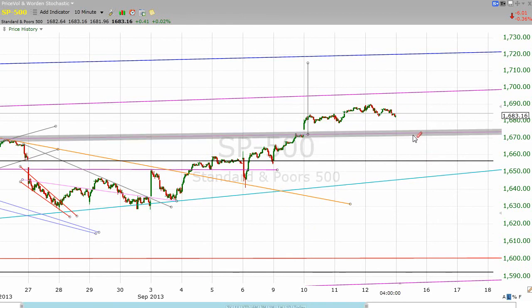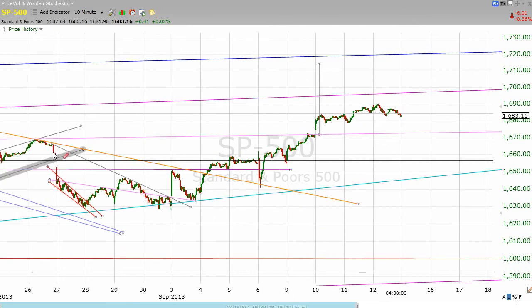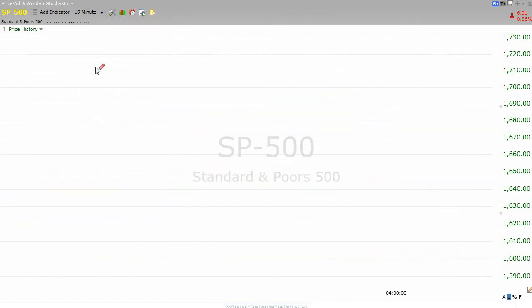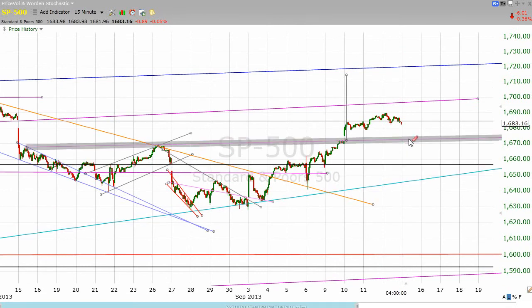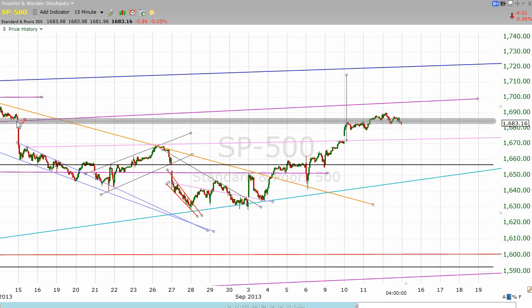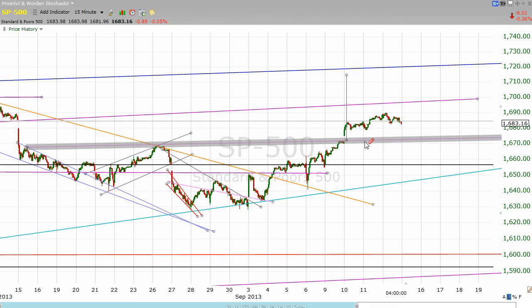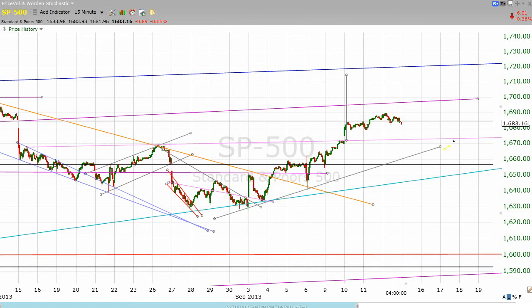And by the way, this is our neckline to our, I'm not going to call it a head and shoulders, I'm going to call it a head and shoulder pattern. And we should also get some support here because of gap support. Thinking of the same psychology in reverse, why this might be gap resistance, this could very well be gap support. And I tell you what, just for jollies, let's draw a line here,